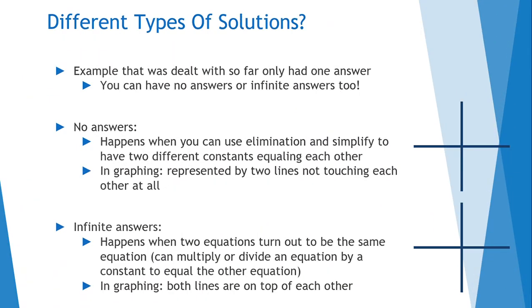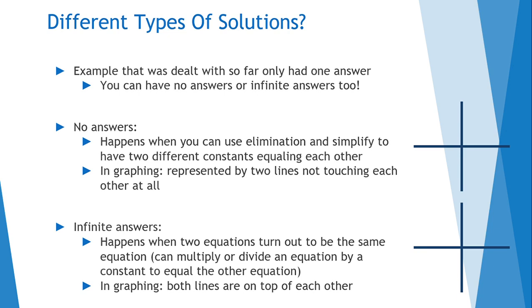Okay, now here's where things might get a bit confusing. You can actually have different types of solutions. Apart from just the one answer problems, we can have cases of no solutions or infinite solutions too. No answers happens when everything has been cancelled out in both equations except for the constants. So you might get something weird like 5 equals 6. This signifies that the lines are parallel and therefore never touch each other forever, meaning that they're never going to